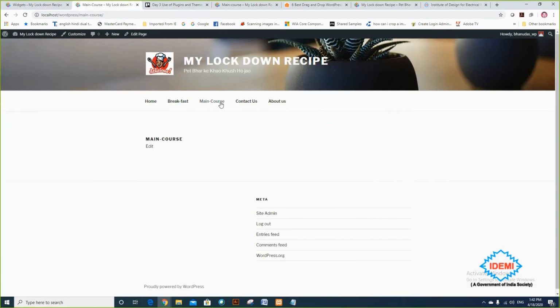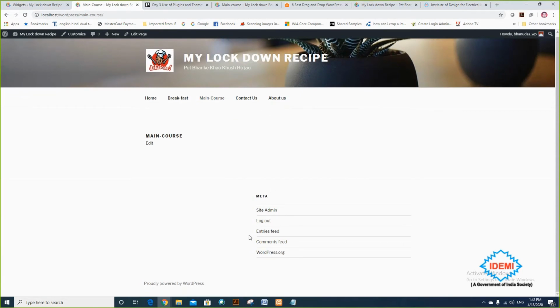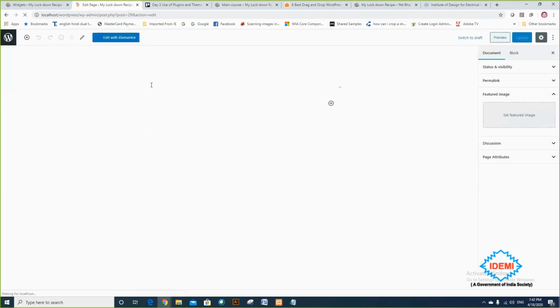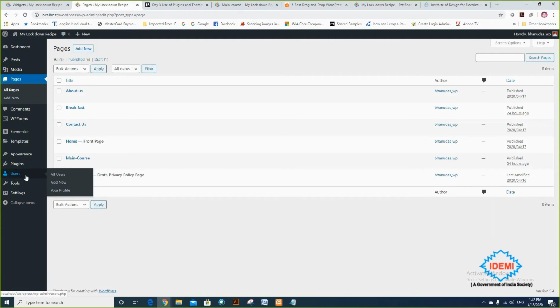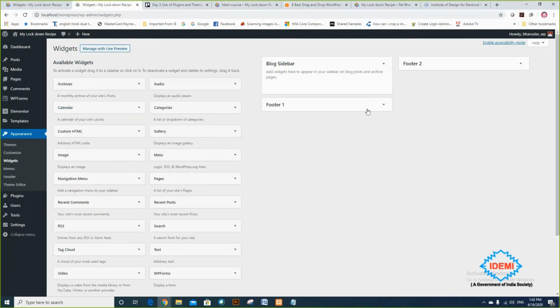So I'm clicking on main course. So look at this. This is the page. मैं दोनों तरफ देखते हैं, but I don't know why it is not showing inside. The footer one is not appearing. Okay, because footer one is not appearing because there is nothing inside the gallery. Oh, I'm sorry. So again I'm choosing a widget instead of gallery. Okay, मैंने footer one में gallery दिया है, इसलिए वो नहीं दिख रहा है.